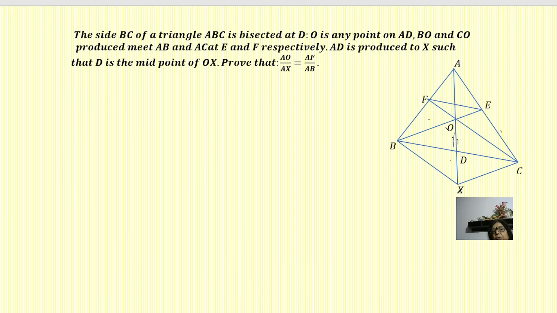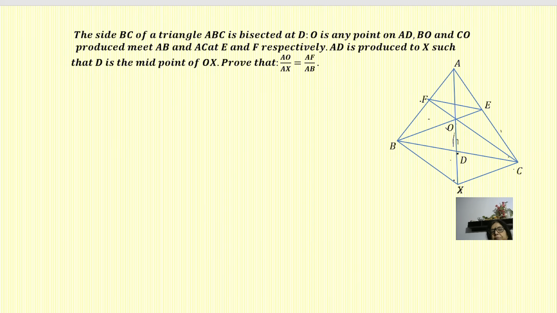So what are the things we have given here? The side BC of a triangle ABC is bisected at the point D. That means D is the midpoint of BC. O is any point on AD, and BO has been produced to E, CO has been produced to F. Another important aspect that we are given here is AD has been produced to X such that D is the